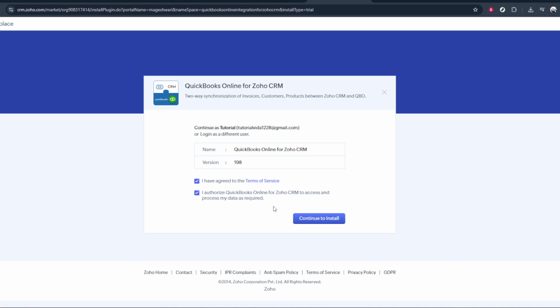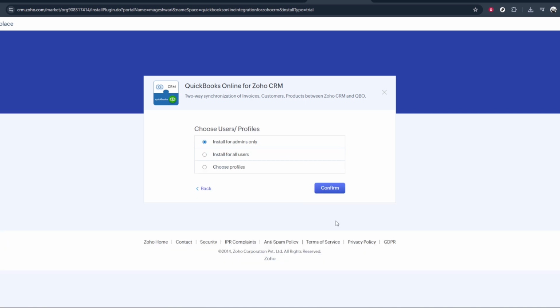On this page, there will be a button labeled Start Free Trial. Click that to begin the installation and setup process. This will not immediately change any of your data,